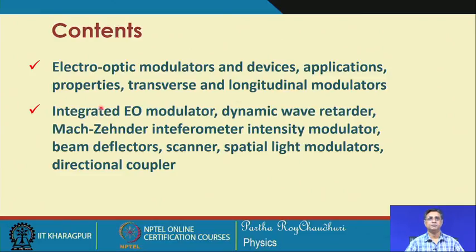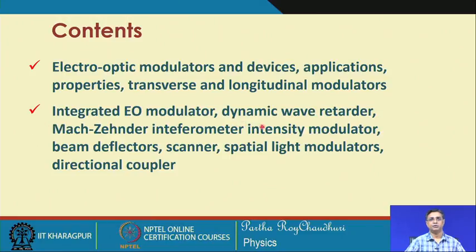modulator applications. Then we will discuss a few of the very useful electro-optic modulators like the integrated optic modulator, and a very common and versatile use, the dynamic wave retarder, which could be incorporated in any photonic circuits, any photonic devices.